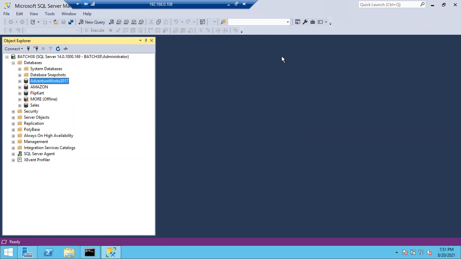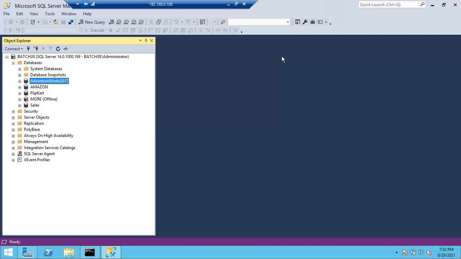Okay, so the answer is yes. In case the full backup is running, if any new transactions or records are added or deleted, or any changes are made, when you start the full backup and there are changes on the database before the backup ends, imagine the backup completes by 12 o'clock.